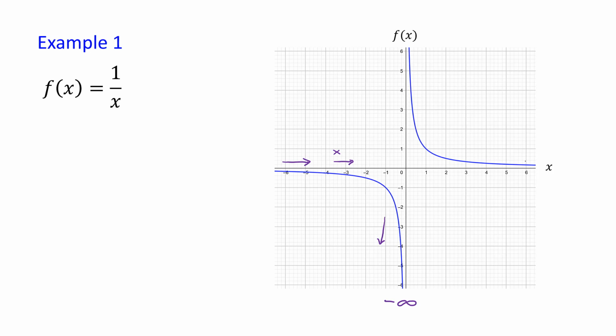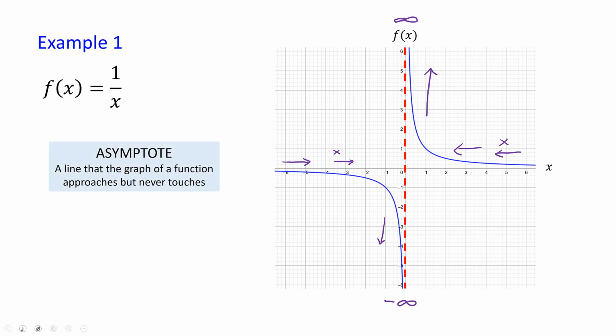But if you see the positive values of x, as the values of x get closer to 0, the value of y, or the value of f of x, gets large very quickly, close to infinity. This behavior creates a vertical asymptote. An asymptote is a straight line approached by a curve as one of the variables in the equation of the curve approaches infinity. We can define an asymptote as a line that the graph of a function approaches but never